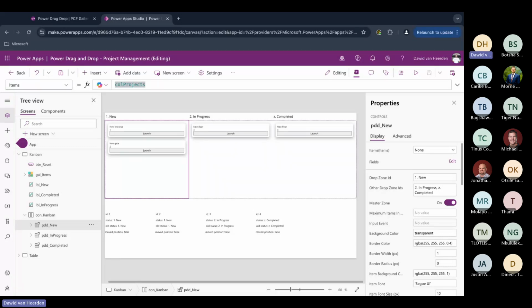And that doesn't matter whether that data source is a collection, or a SharePoint list, or a Dataverse entity, it doesn't matter. You could drag and drop it in the front end, and you've got full control over how you update the back end as a result of this. So just some key concepts. You'll see that there are multiple